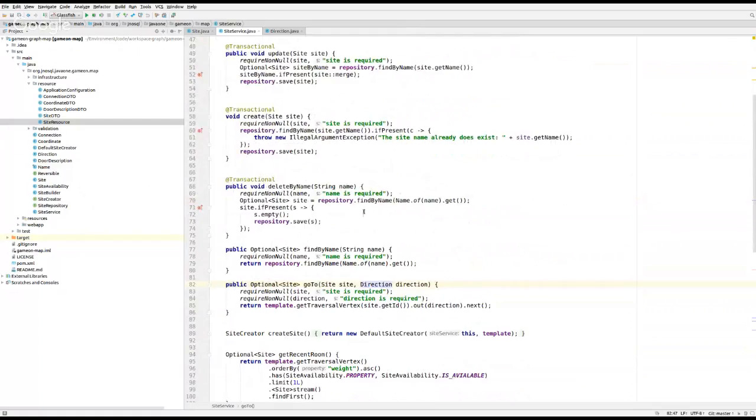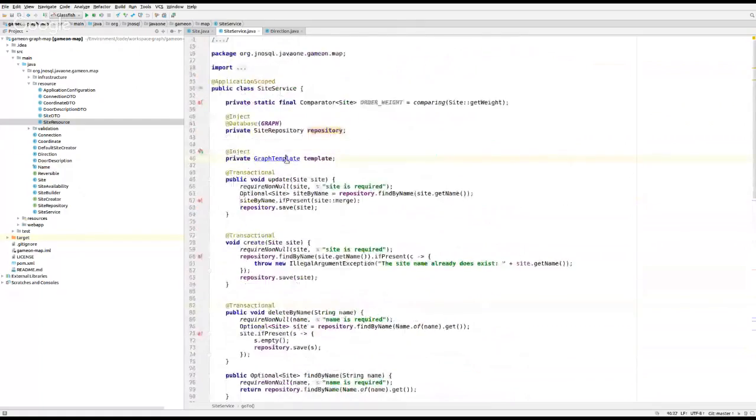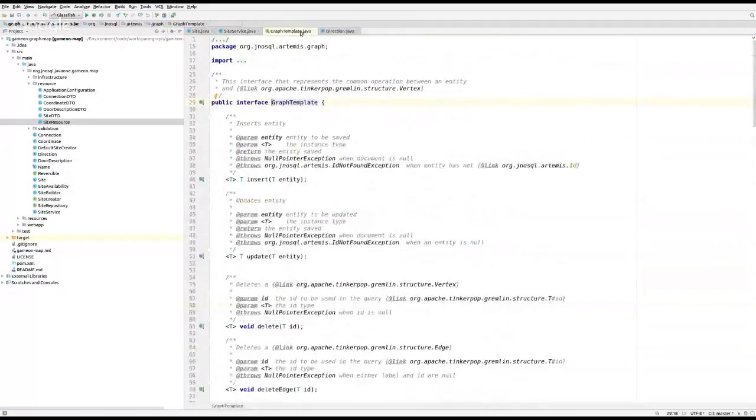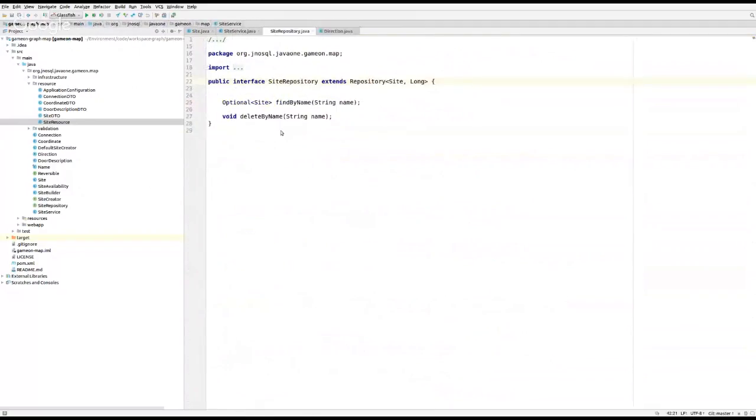Yeah, good point. And also, what I have here is the site repository. So basically, this is just an interface, as you can see here. If you try to find any implementation, you won't find it, because the Jakarta NoSQL framework is going to handle it for us.